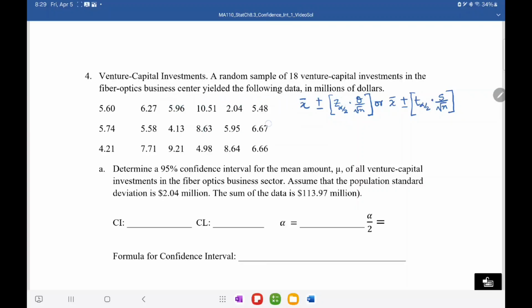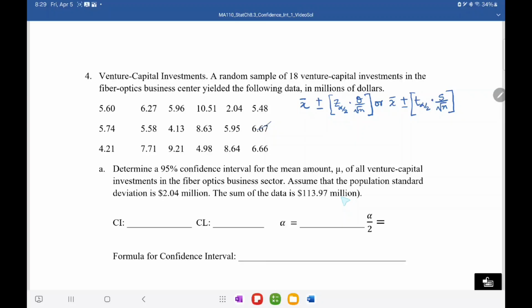So here we have the data. There should be 18 of them, 6 times 3, 18 data points in millions of dollars provided to us. The question says, determine a 95% confidence interval for the mean amount mu, which is the population mean, of all venture capital investments in the fiber optics business sector. Assume that the population standard deviation is 2.04 million and the sum of the data is